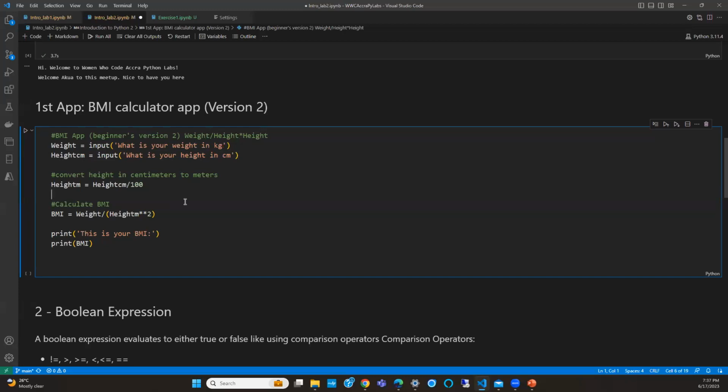There's going to be some issue with this. I don't know if anyone has noticed it. What issue do you think would happen? There's something wrong with this code. Any idea on what the error or the problem with the code is?